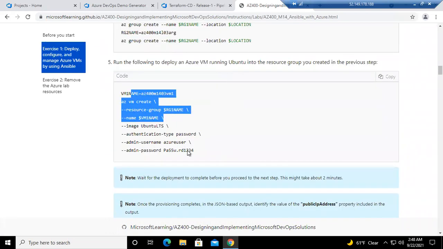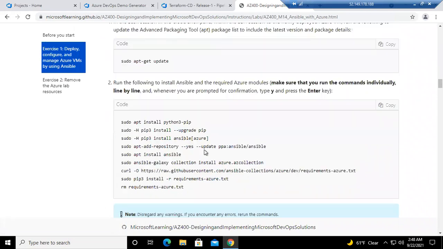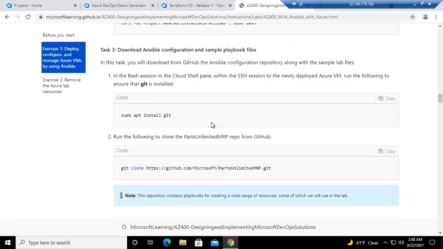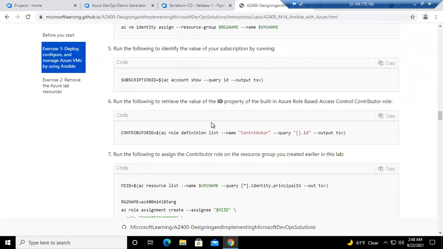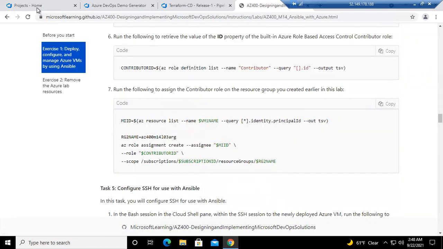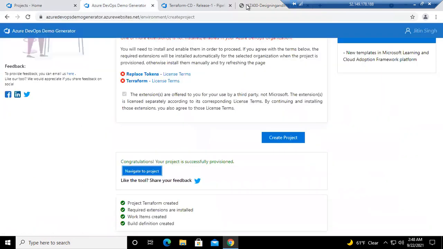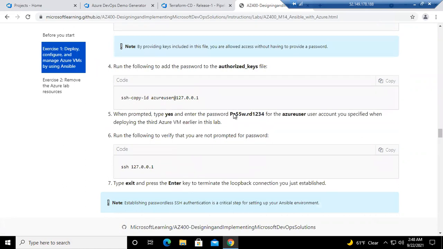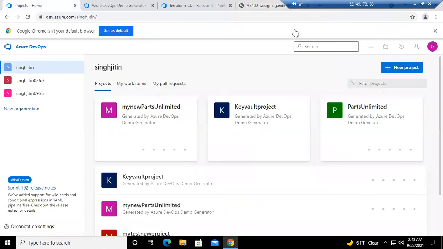So create a Ubuntu machine, authenticate the way we have authenticated, and once you will be able to authenticate a Linux machine using the Python command, it will also help you executing your task over here, just like what we are executing on Azure Host Agent. So these labs are very small, guys. This will not take more than 30 minutes in order to get this done. So try using that as well, guys.